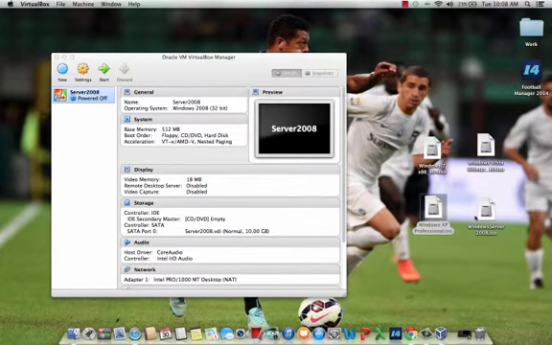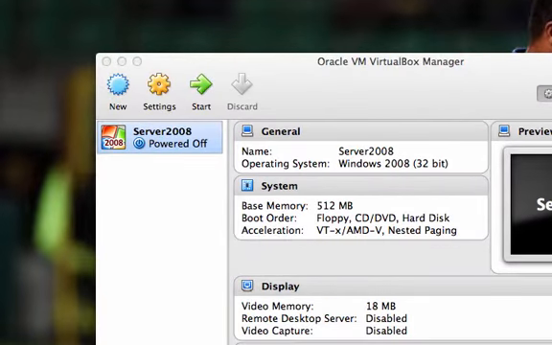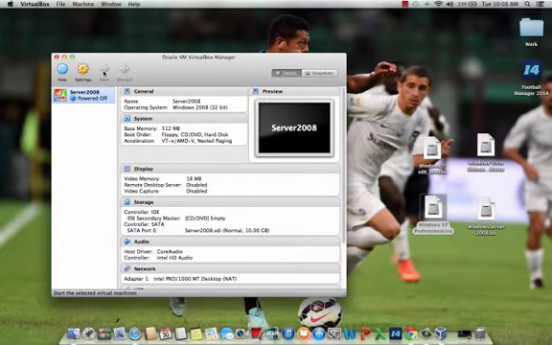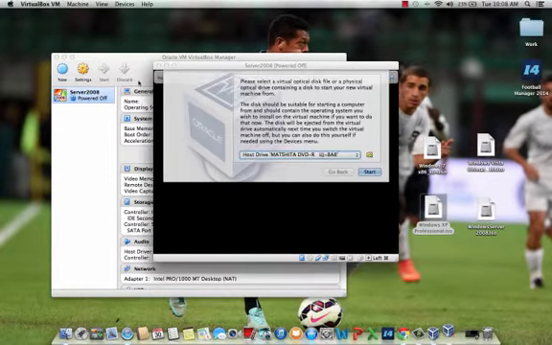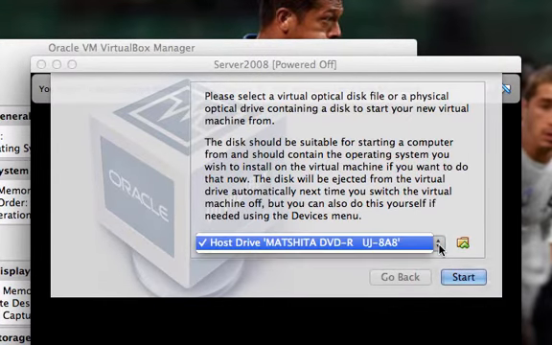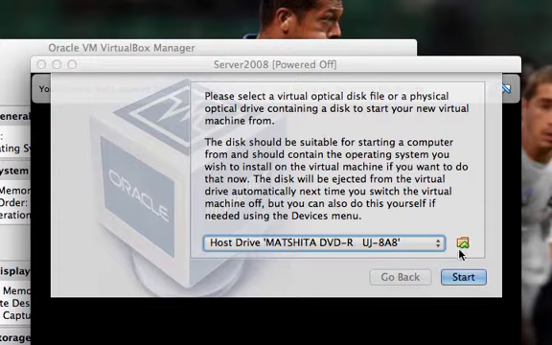Okay, so once you've completed that part of the process, you're going to realize that it's going to close out, and you're going to see whatever you named the operating system, or server for this example, for this tutorial, right here. So you're going to click Start, and it's going to run. When you come here, based on your machine, you're going to see a drive there. That's not the drive you want. You're going to select this folder at the side here,